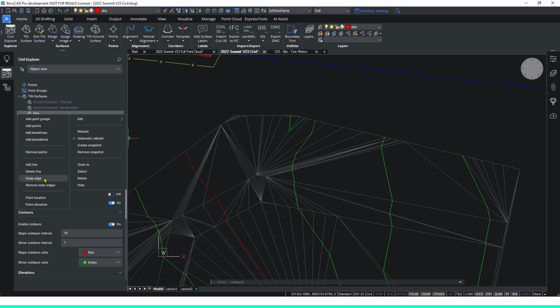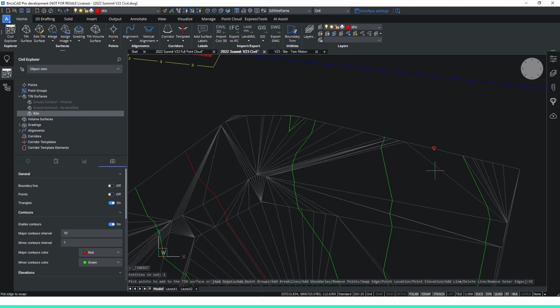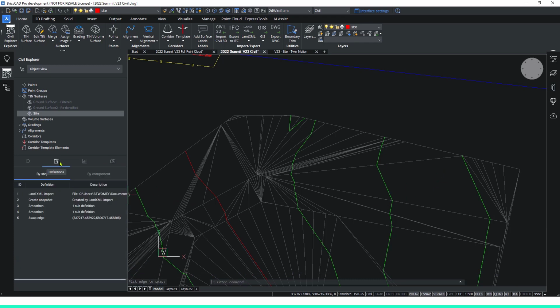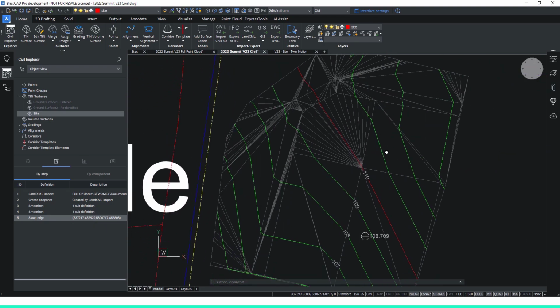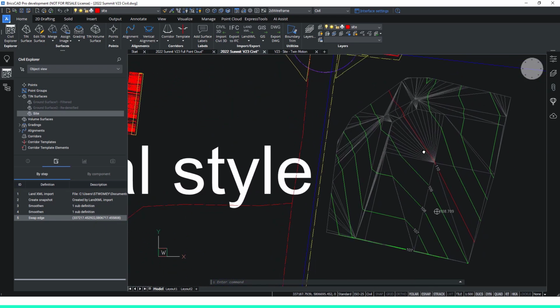So when I click on swap edge, I can move this edge, for example, and as it changes orientation, you can see how the contours update again. Now, in our definitions tab, we can follow this progress. We can see that we've imported the XML, we have done some smoothing and done a swap edge. So it's a pretty simplified process, but let's just show how we can go and change our original definition and